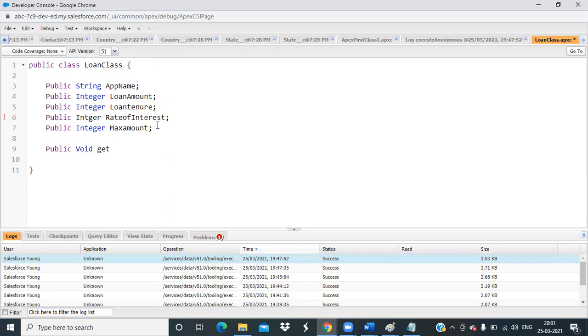Suppose get detail, get amount, get approved amount. For approved amount, I should have the loan amount.